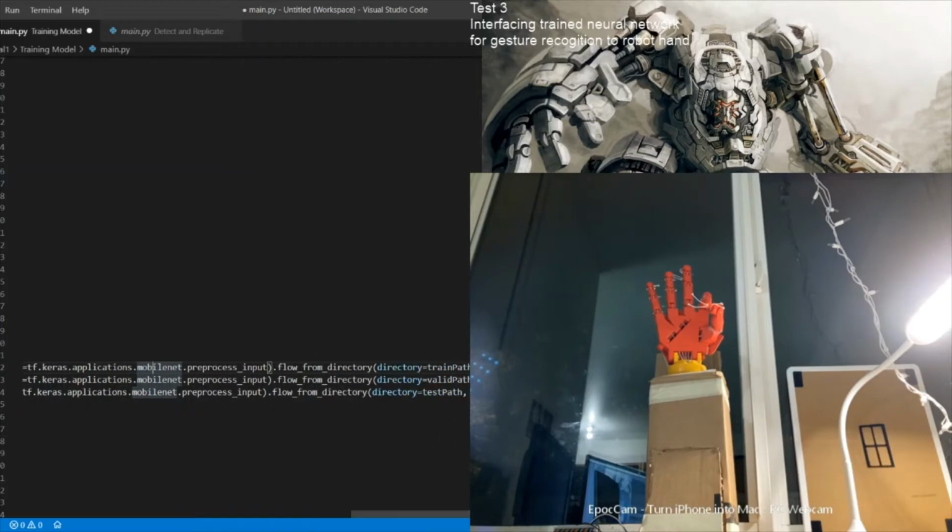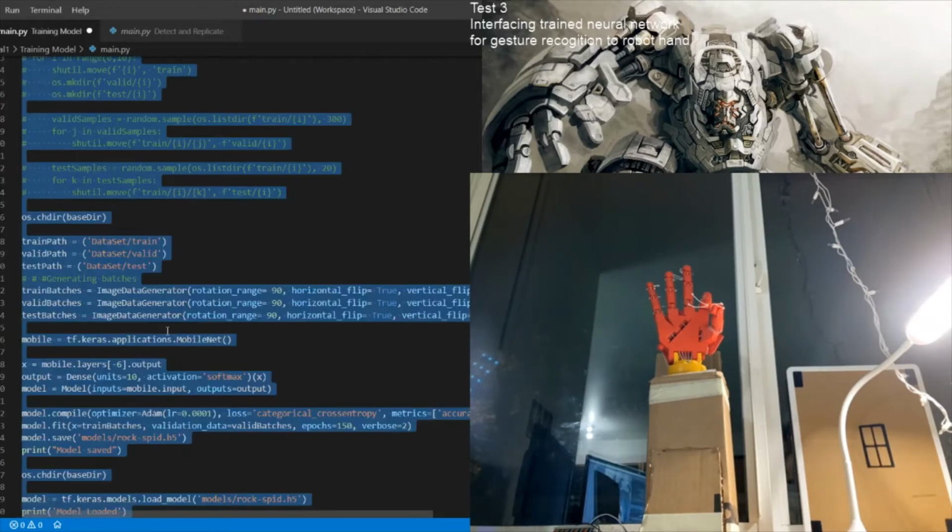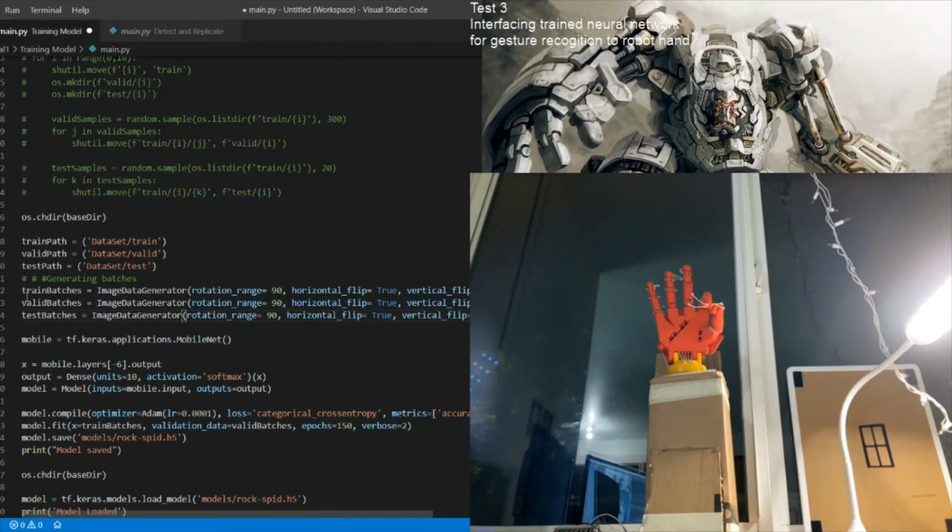And here we are setting the directories as train paths and giving a target size of 224 by 224. This target size must be the same as the input size of our neural net model. I'm creating a batch size of 32. Similarly, we are creating valid batches and test batches. Here we won't be using any test batches right now, but while training we'll need train and valid batches.